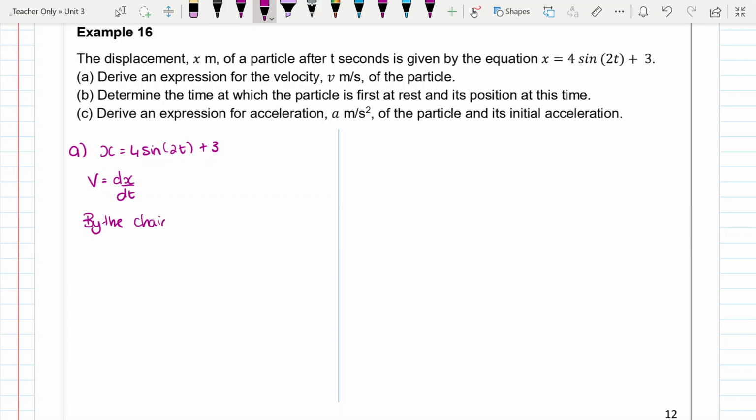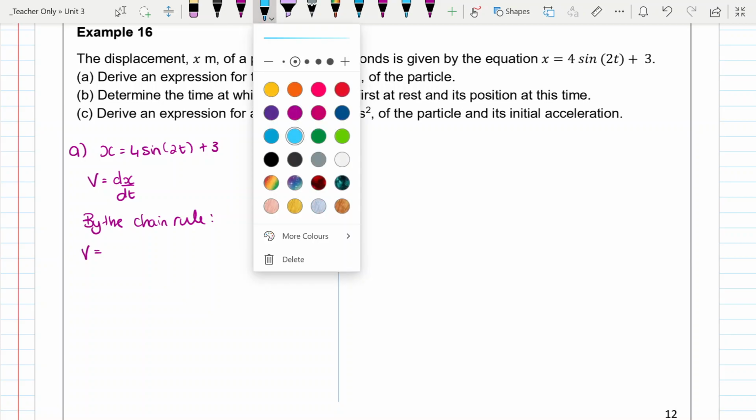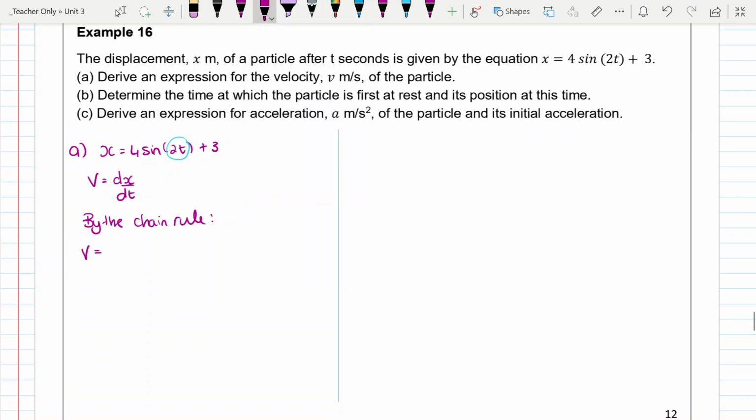by the chain rule, we have that v is equal to, now we've got a chain rule here because we have a 2t as our inside function. So we have the derivative of our outside function, which will be 4 cos of 2t, and we then have to multiply it by the derivative of our inside function, which is the derivative of 2t, so multiplied by 2, and the derivative of our constant 3 is just going to be equal to 0, and so we have 8 cos of